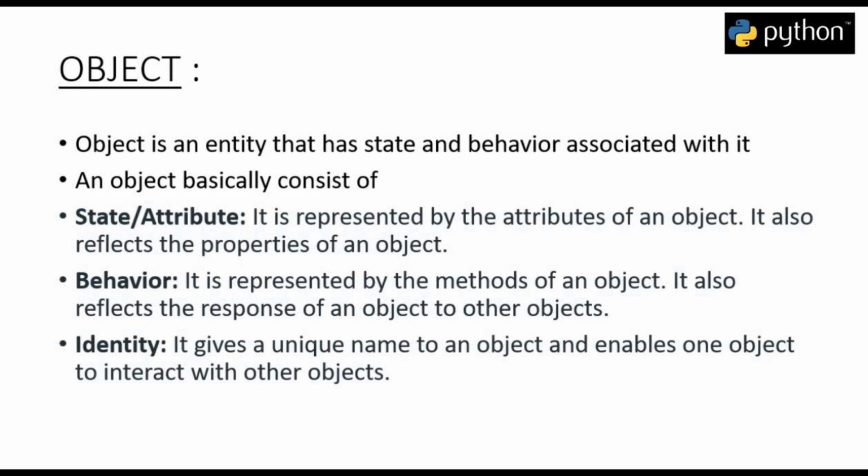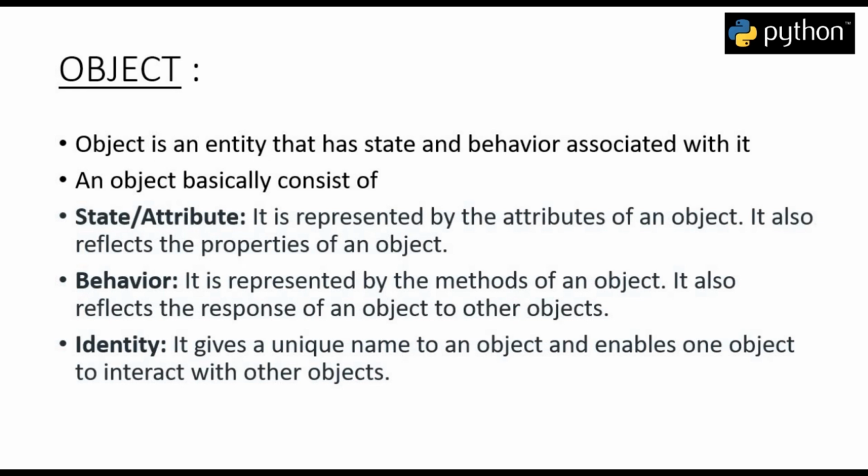And the third characteristic of any object is its identity. If we have two cars of the same brand and same characteristics, then we need some kind of identity to associate or identify that car. So we can identify any car by its owner, because the owner of every car will be different. So this is how we define objects in object oriented programming.